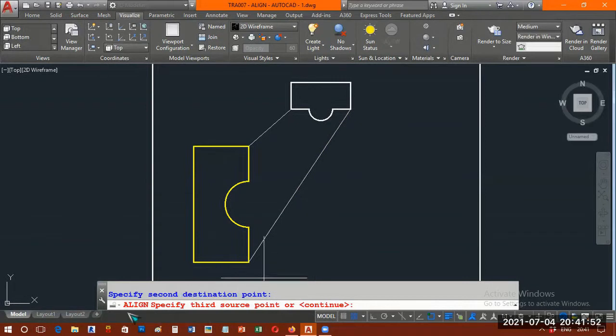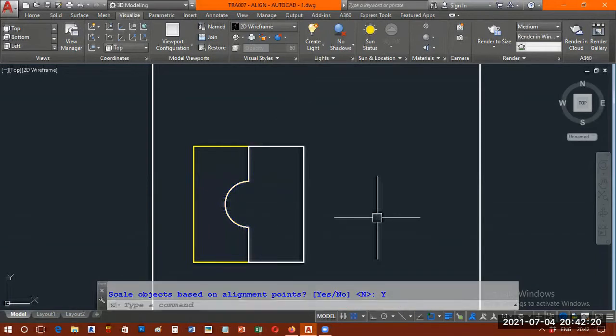But please note, it is asking for a third source point, but I would like to ignore it. I wish to ignore this third point. I just say continue, one dummy enter. The dummy enter will continue here. Next it asks, scale objects based on alignment points, yes or no. I say yes. Y, enter.